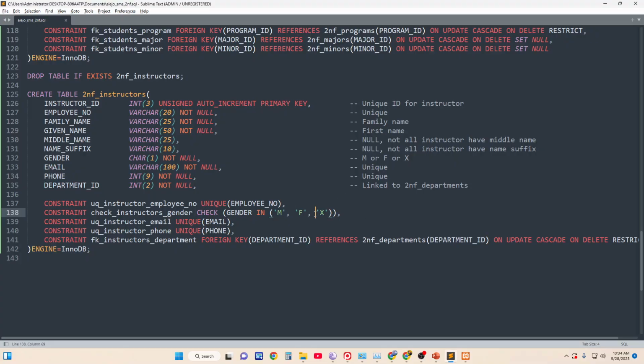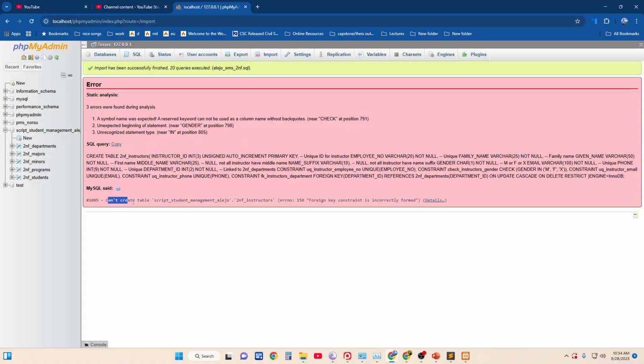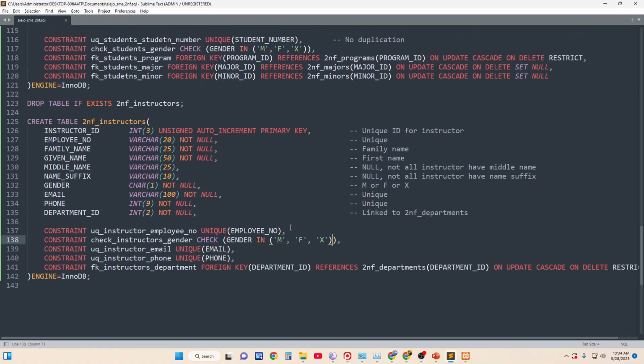For this one, gender constraint, check. The error is can't create table with a foreign key constraint incorrectly formed. Okay, foreign key, the name of the key, the reference, the 2NF departments, department ID,